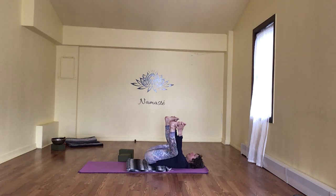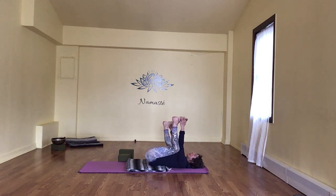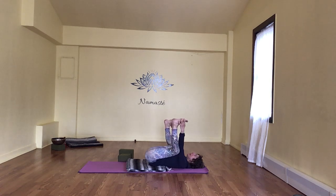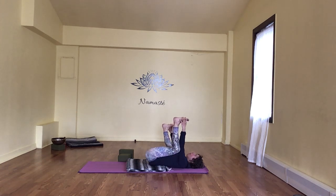So let's take 7 long breaths here, either stillness or that tiny little sway. Notice how you feel as you start to close your practice. Last few moments of your practice to drink it all in, to bathe anything else that hasn't received the warmth of your breath now, taking this time to see if you can ease your way into one more space,